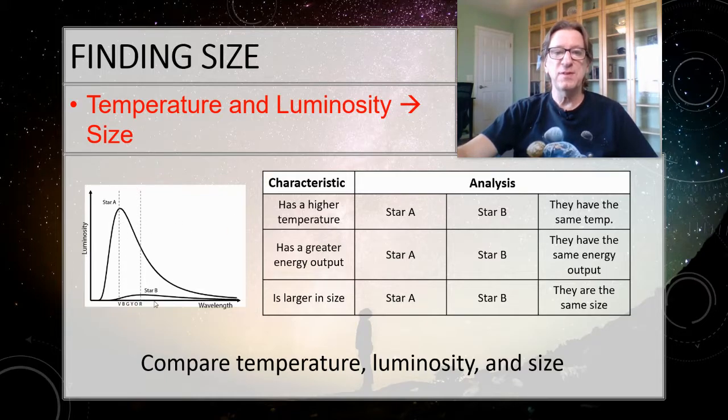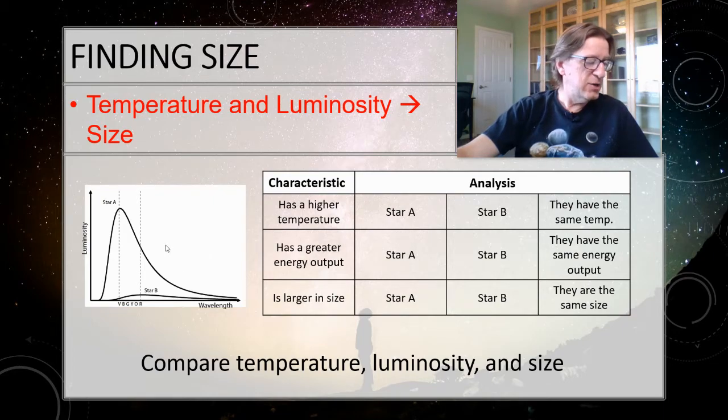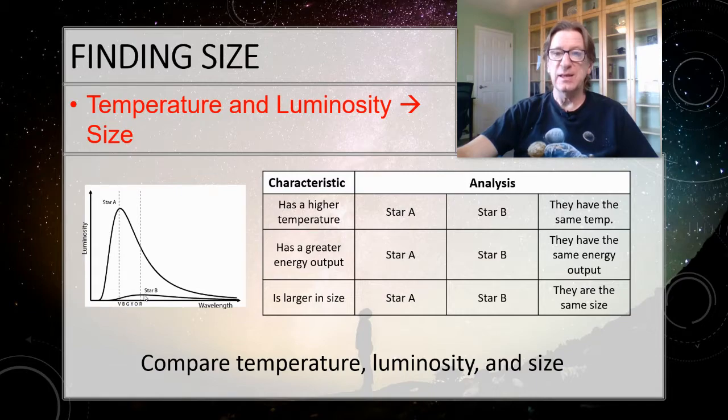So when we're trying to figure out which one must be hotter and which one must be cooler, this one is brighter and it's hotter, right? Whereas star B is cooler and it's dimmer. So let's review our first two before we get to this new one. The first one, star A, is definitely going to be the hotter. And star A also has a greater energy output.